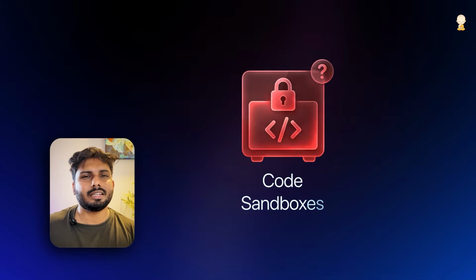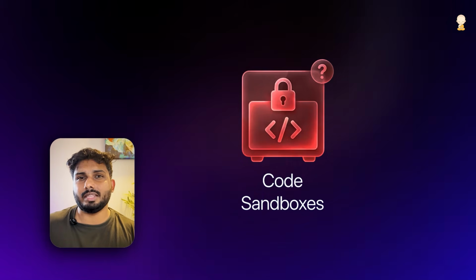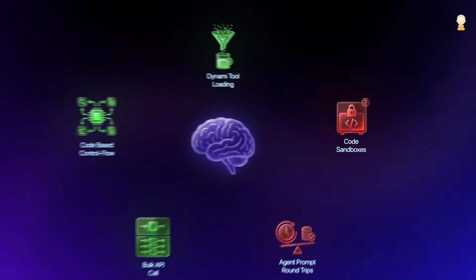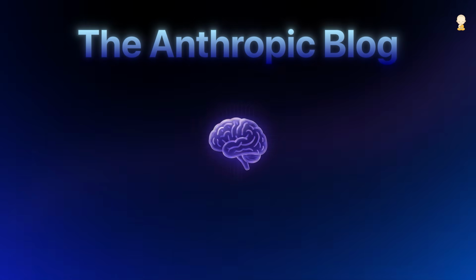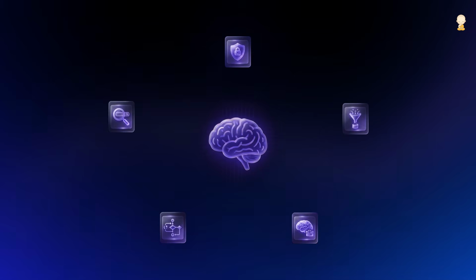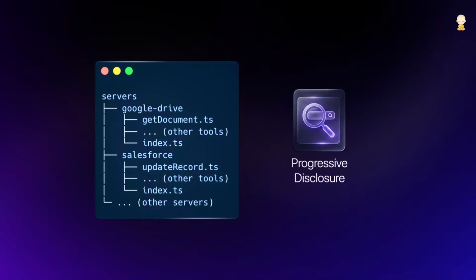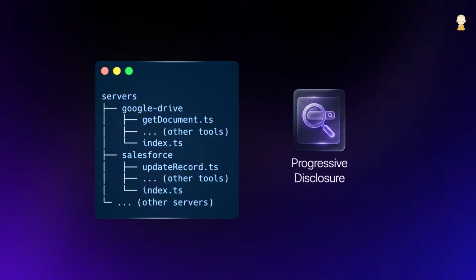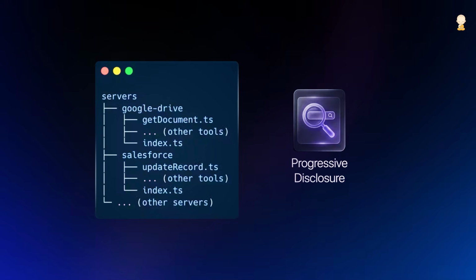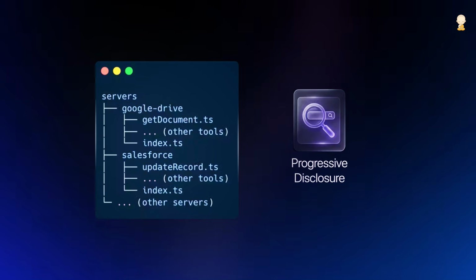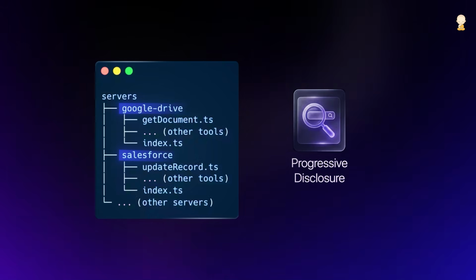And finally, this setup forces us to create and use code sandboxes. That adds another layer of security and infrastructure to maintain. Because of this, interesting use cases are possible now. The Anthropic blog beautifully describes the top 5 use cases that we can do with this. One is progressive disclosure. Anthropic suggests that a search tool can be added to the agent to find the relevant definitions. So instead of the whole code file, the tool can return back with the name, description, and tool definition. And instead of loading all the tools at once, you can then filter, search, and